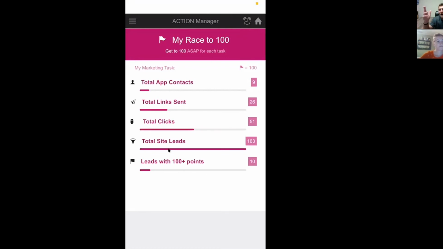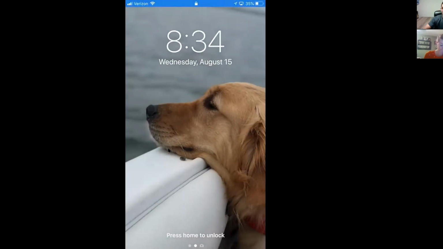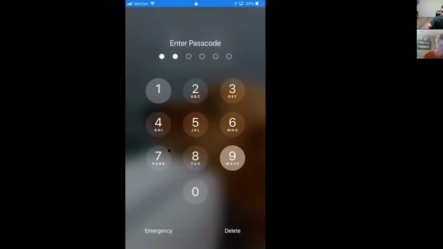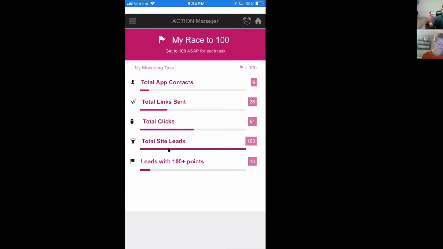Total site leads. If you want to go, there are higher packs that we have, these whole online marketing funnels and stuff. It's really cool. You guys can decide if you want that or not. But what I'm telling you is when you guys start generating leads online, there's training I show you guys on, and I'm going to put a lot more training in your Facebook groups going forward, where I'm going to show you how to generate leads on Facebook and how to do it on Instagram. You can send people to your funnel pages, and when people enter a name, an email, and a phone number on pages, they're going to feed into your app as well.